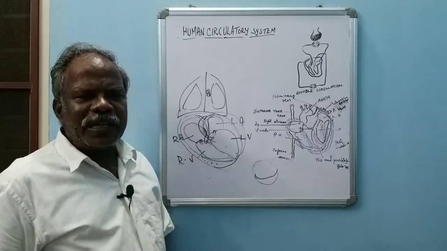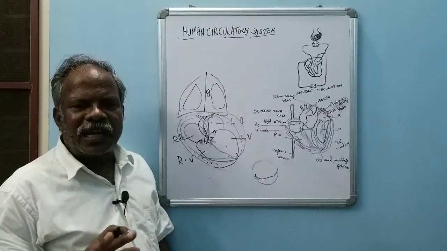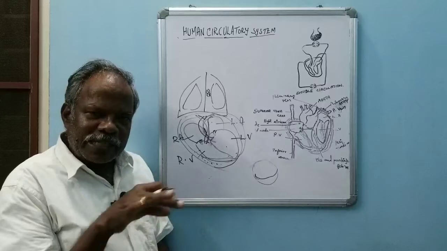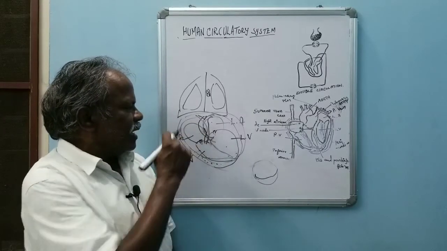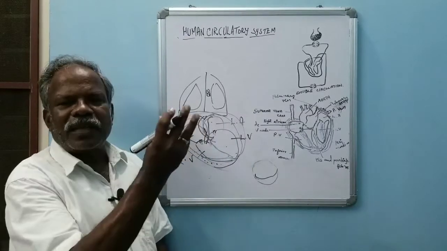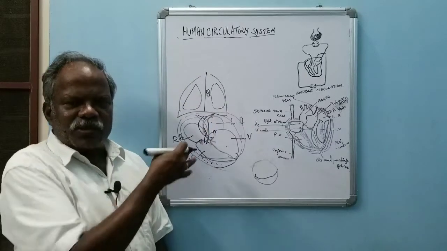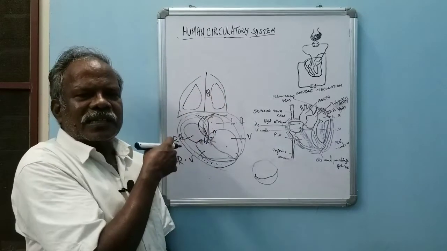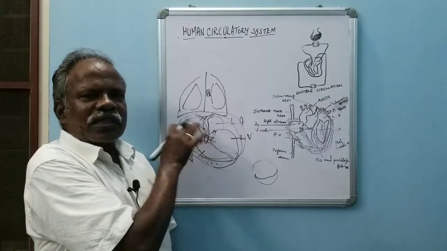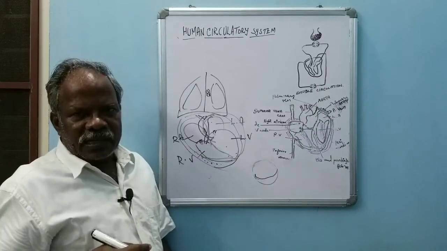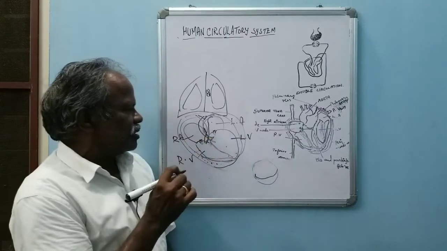We should keep it in mind that artery means always pure blood and vein means always impure blood, but an exception is there. In the case of the pulmonary artery, it takes blood from the heart. Anything which takes blood from the heart is called an artery. That's why it takes blood from the right ventricle to the lungs for purification, and is known as the pulmonary artery. This is also guarded by three semilunar valves.